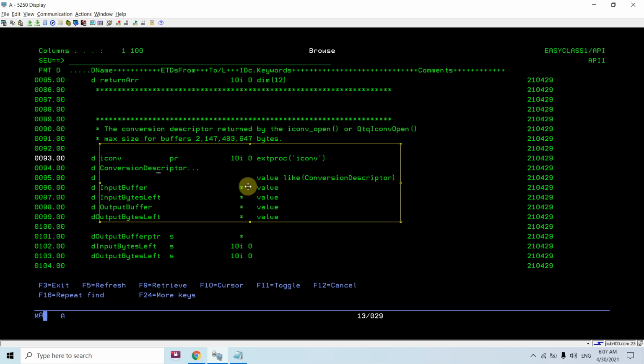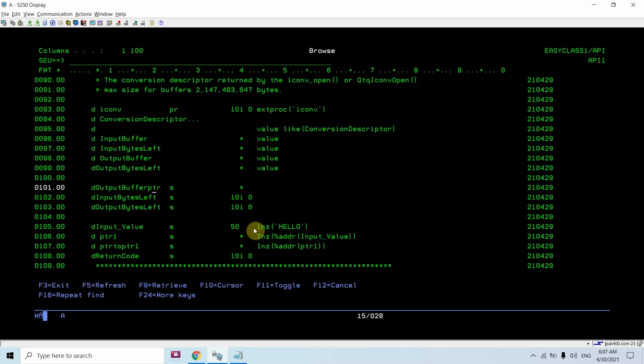Either we can pass the pointers or the values. So basically here we'll be passing the pointers. So you can see I have declared, so this was the prototype, not the definition. You can say a declaration for the parameters. So here I am declaring some parameters like input bytes left as 10i0 and output bytes left as 10i0.